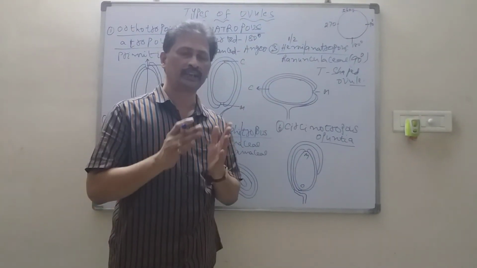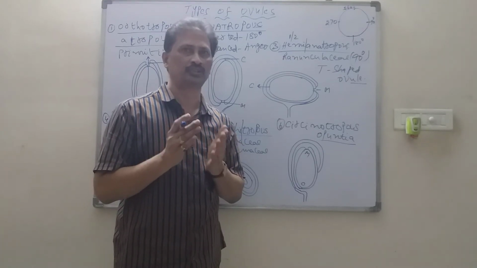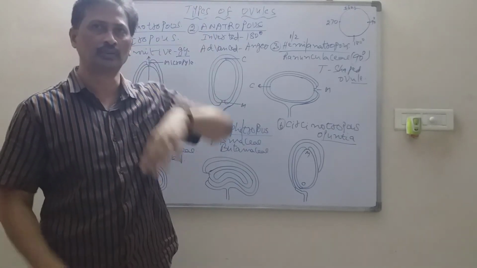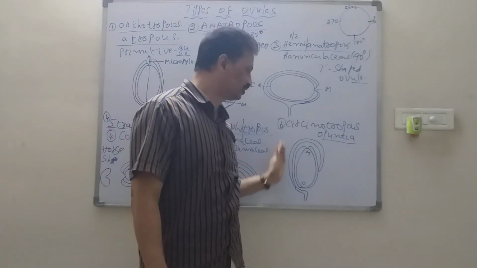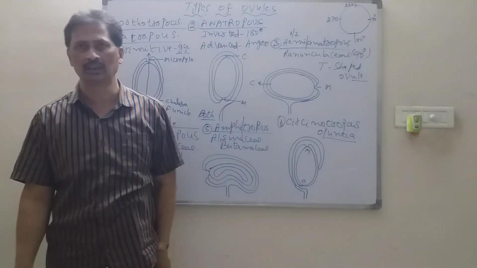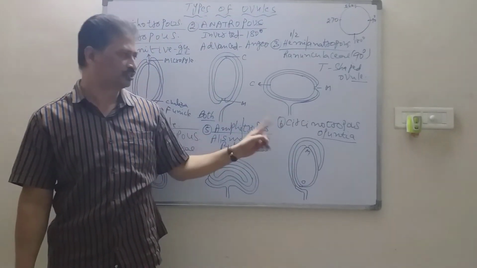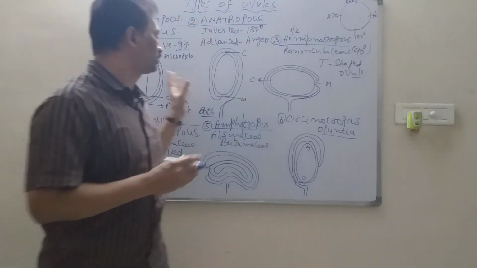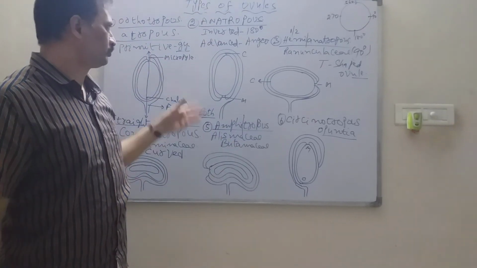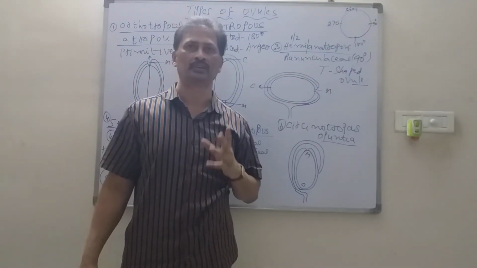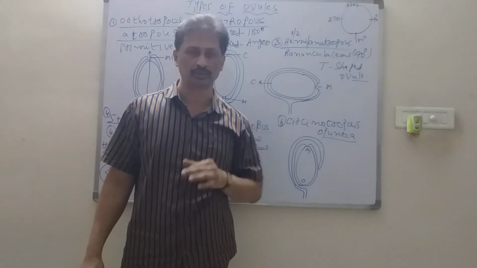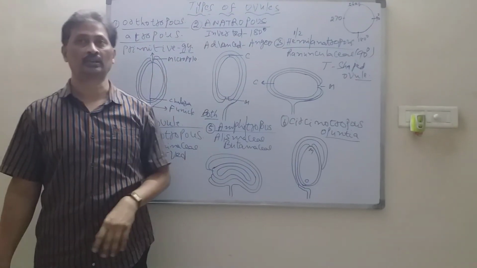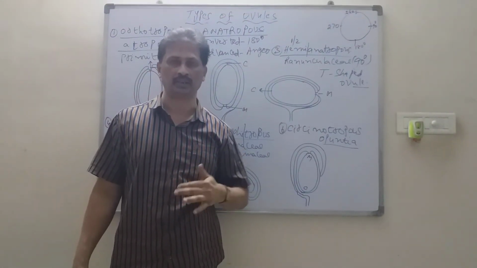But here orientation of the body of the ovule does not take place, but only the funicle is very large and that totally covers the body of the ovule. That means nearly 80% of the body of the ovule is completely covered and protected by the funicle. So that type of ovule is called Circinotropous ovule. So that condition is found in case of Opuntia. So these are the different types of ovules. These different types of ovules are based on the orientation of the body of the ovule on the funicle.